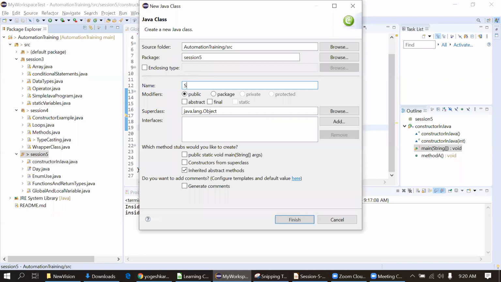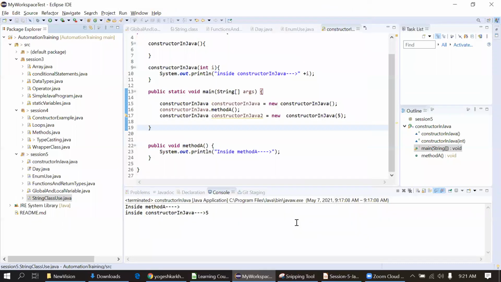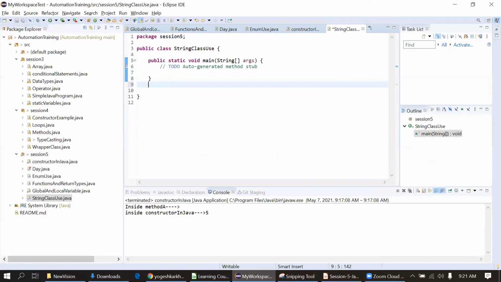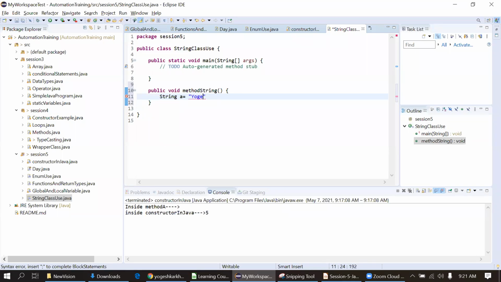We'll call this in the main method. String a is equal to Yogesh, String b is equal to small yogesh.